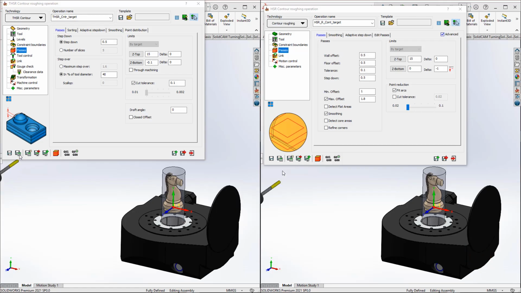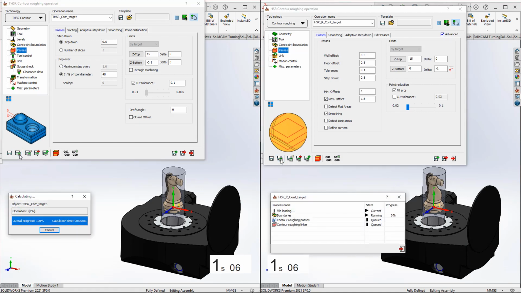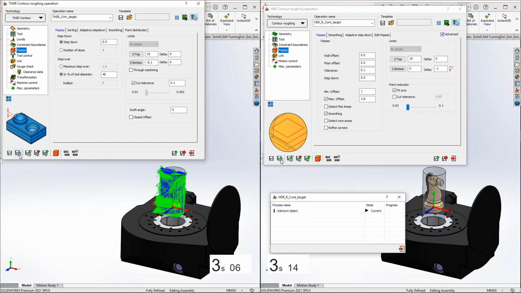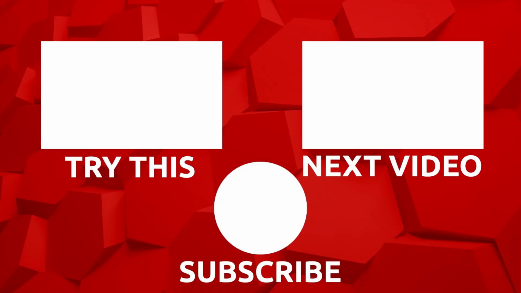And if we move into a side-by-side, we can truly see the difference in performance between normal HSR and Turbo HSR, even on small toolpaths. This reduction in processing time only gets greater with larger models, so hopefully this will give you a great reduction in time to get to the machine.